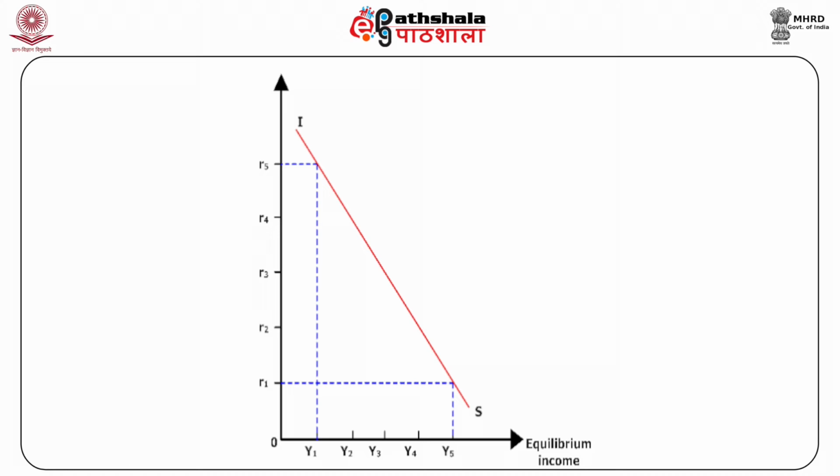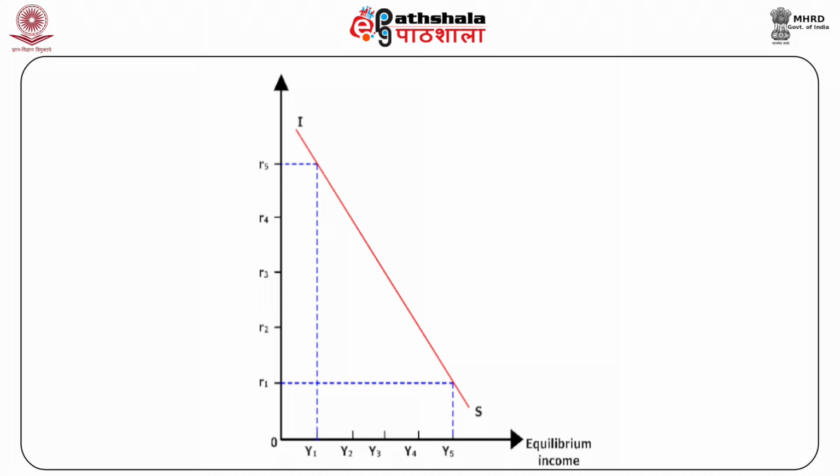Therefore, we choose a combination of a high rate of interest R5, which goes along with an equilibrium level of income, which is Y1. Now, similarly, we could choose another point on this map, this savings map, and here what we do again, just to prove the point, is to take R1, which is a low rate of interest, and we choose a savings function that is